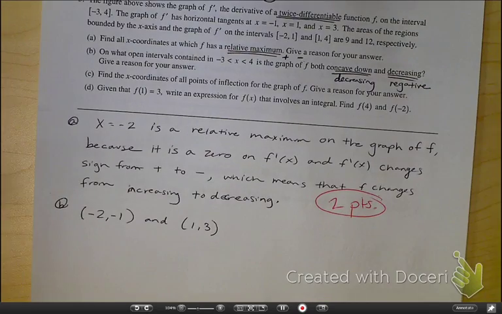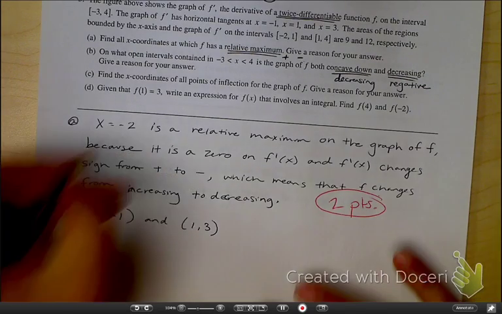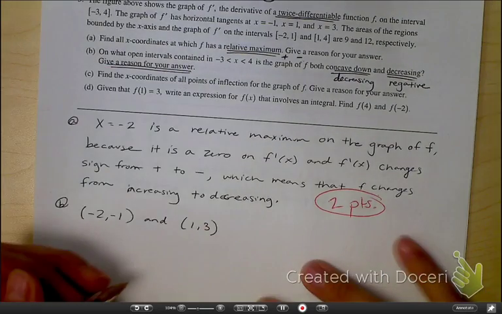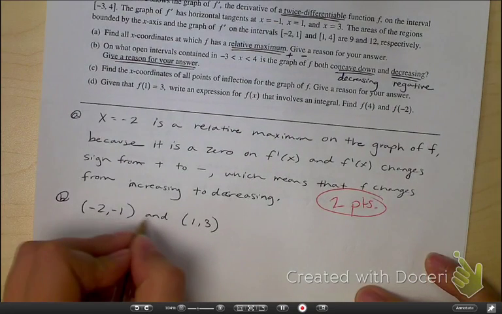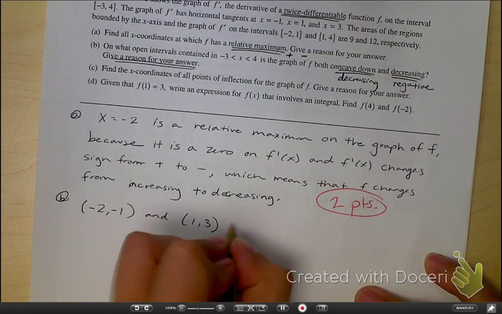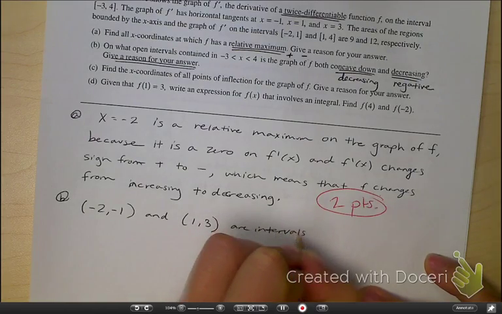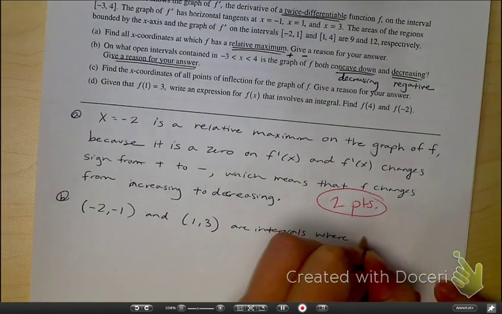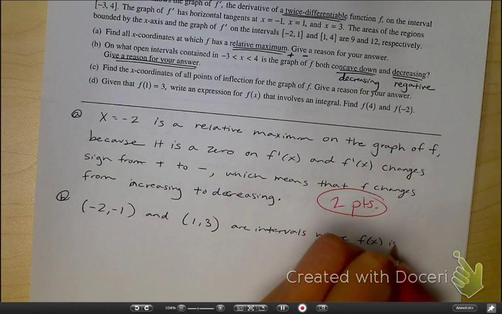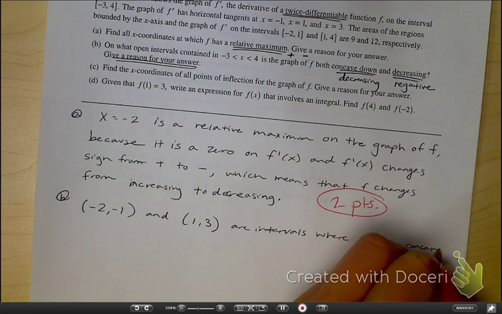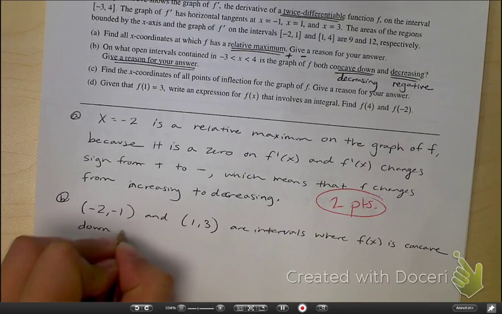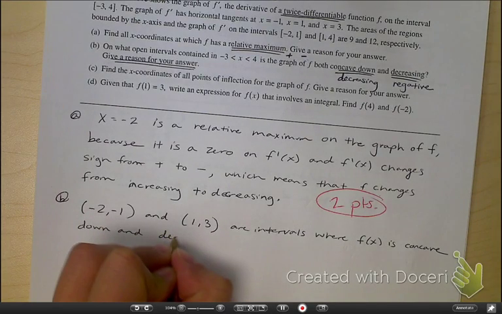And don't forget that it says that we have to give a reason for our answer. If you do not give a reason for your answer, you will not get full credit. So -2 to -1, as well as 1 to 3 are intervals where f of x is concave down and decreasing